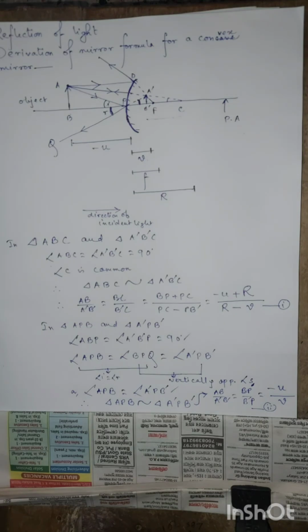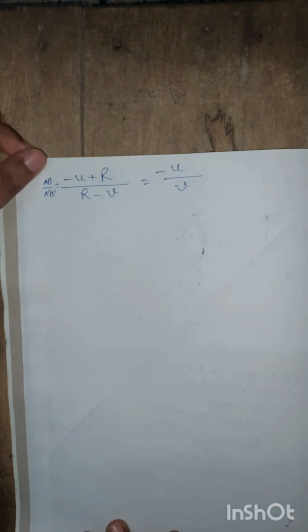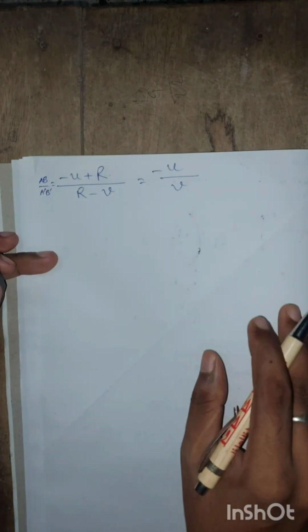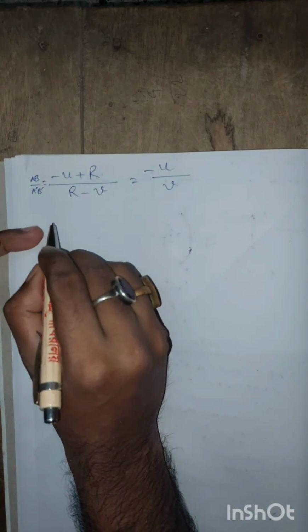From these two equations or relations, we can equate the values of AB by A dashed B dashed. So we are equating the values of AB by A dashed B dashed. So this is what we are getting. Now by cross multiplying we get